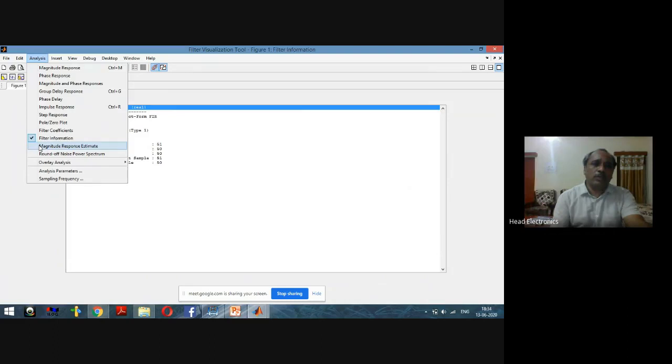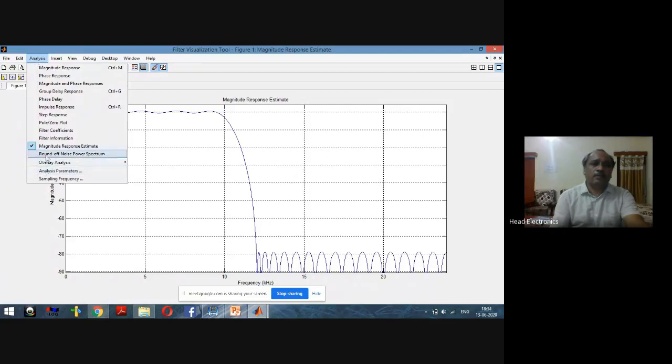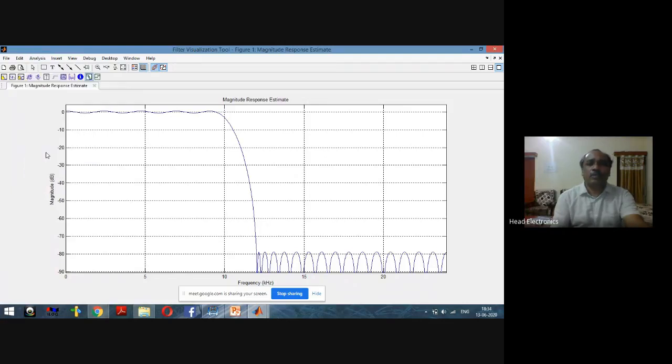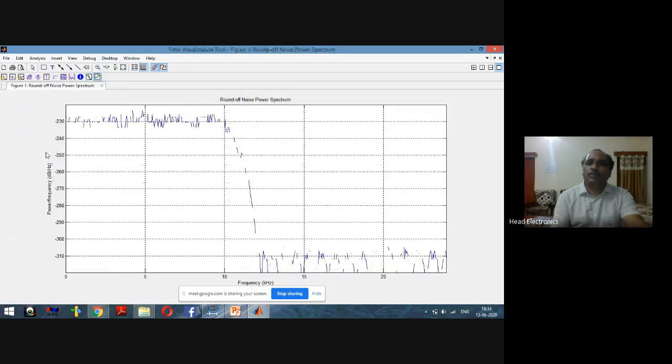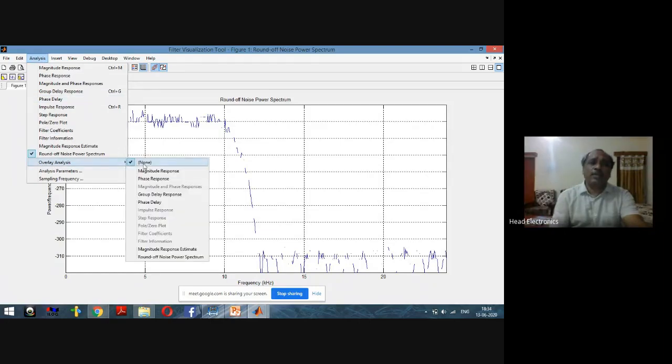Now the magnitude response estimate, we can analyze this one. Similarly, the round-off noise power spectrum of this filter can also be drawn here, and we can analyze this one. By selecting the overlay, we can show more than one response in the same window.